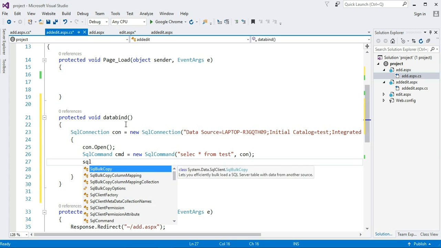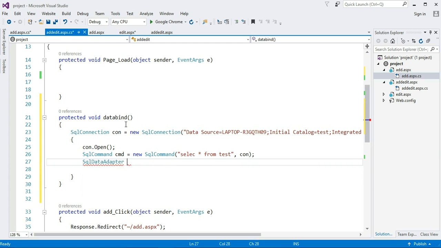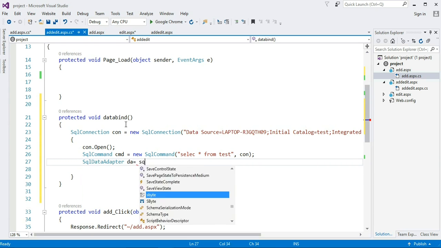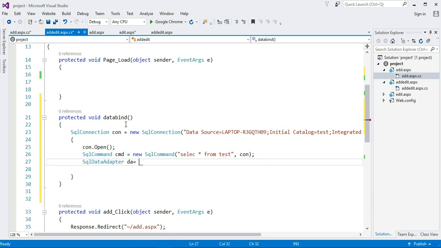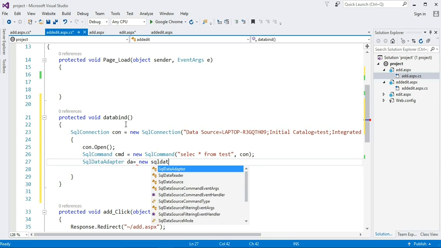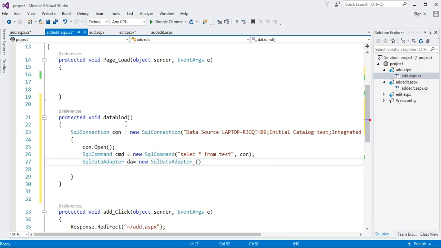Okay, now I am taking a data adapter which adapts the data from the table to our drop down list. Under this bracket give the variable name of the SQL command. This is our variable name, or you can say object name.